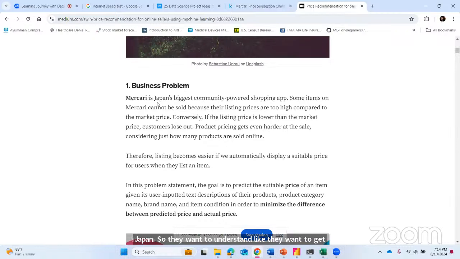Firstly, they had a huge number of high prices. The price is too high compared to the market price, so the sales have comparatively decreased. Then they want to lower the price so that they can get more customers and more profit in terms of sales. They want to understand how to improve their sales.